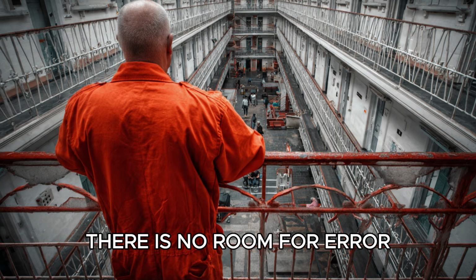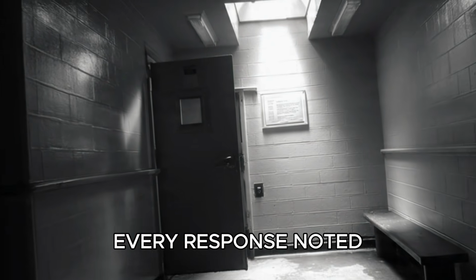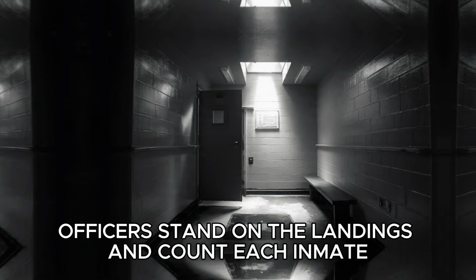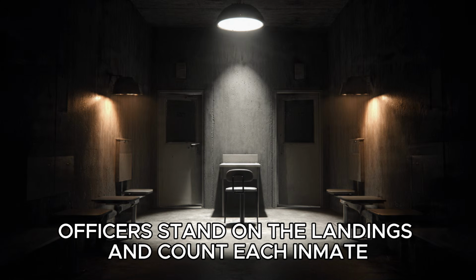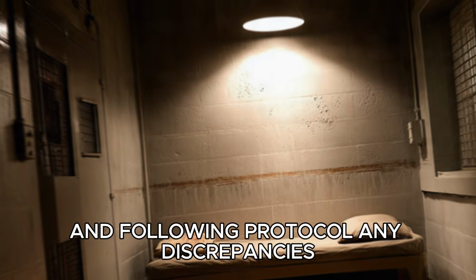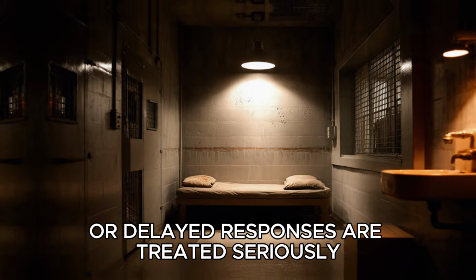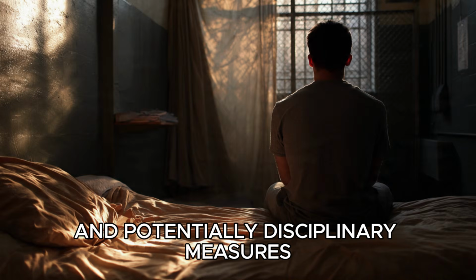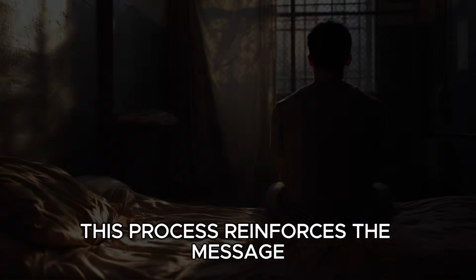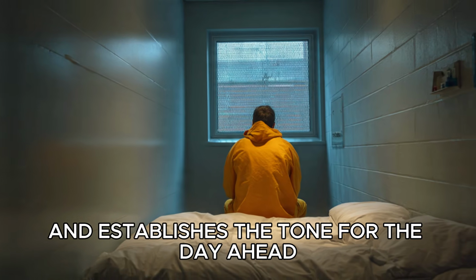There is no room for error. Every movement is observed, every response noted. Roll call is more than a mere formality. Officers stand on the landings and count each inmate, ensuring that every individual is present and following protocol. Any discrepancies or delayed responses are treated seriously, triggering additional checks and potentially disciplinary measures. This process reinforces the message that order is paramount in a high-security facility and establishes the tone for the day